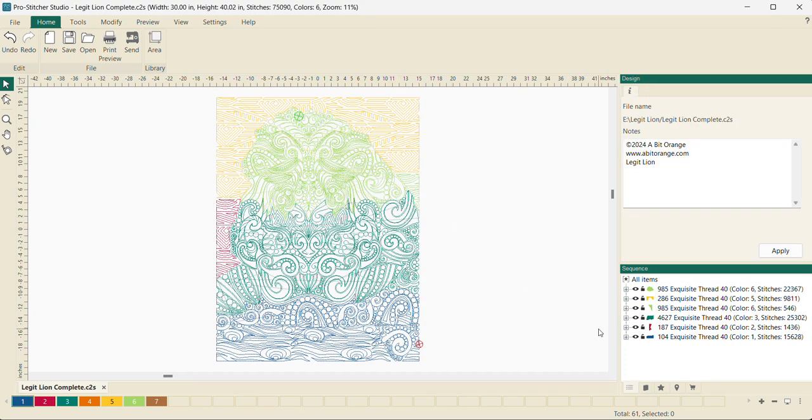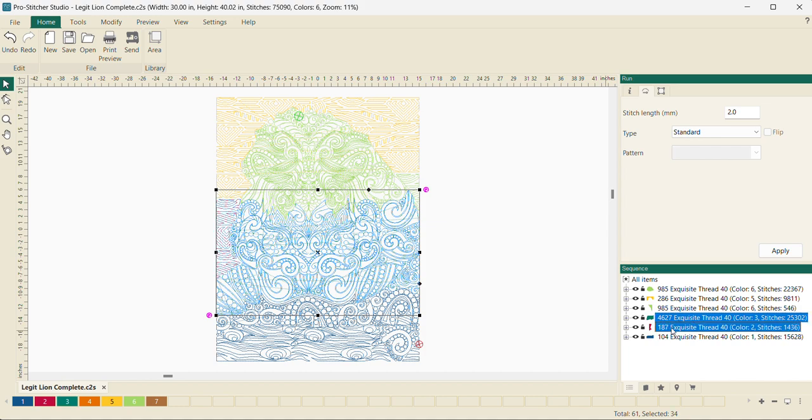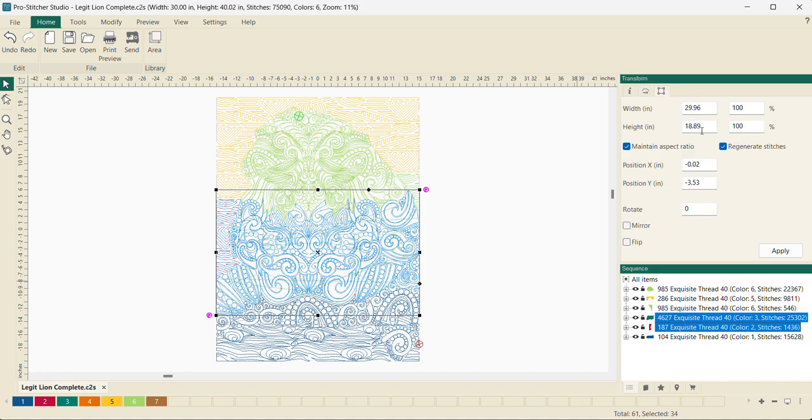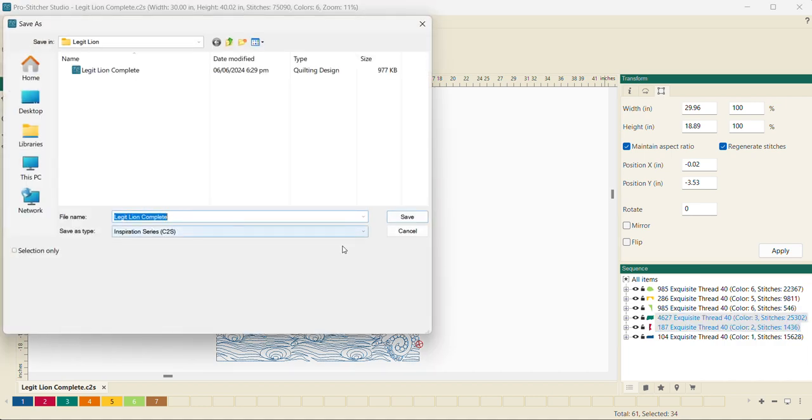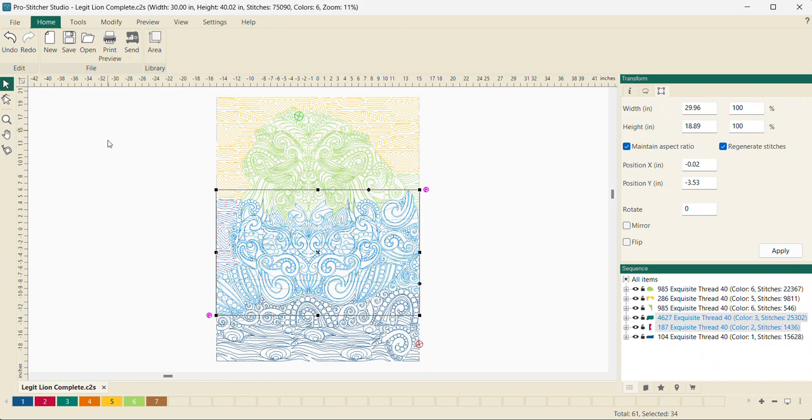Okay, now comes the second section, and second section was these two. So I clicked on one and then pushed shift and clicked on the second one, and it selected both of these, and I'm going to make sure that the size is correct, and I'm going to save it as HQV file, but as LL02. Sorry, I didn't push the select, save as select, so I'm going to save it again. Save as,